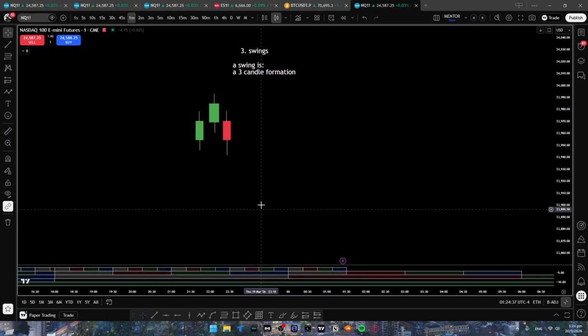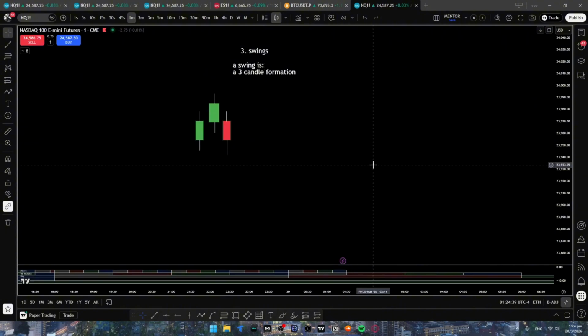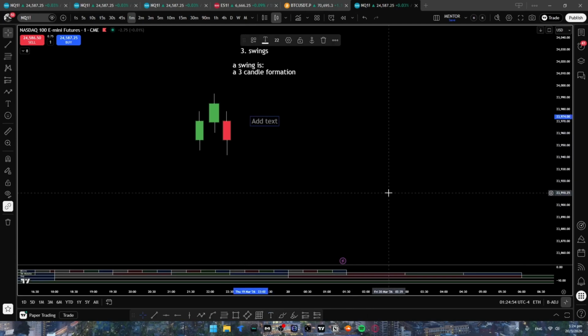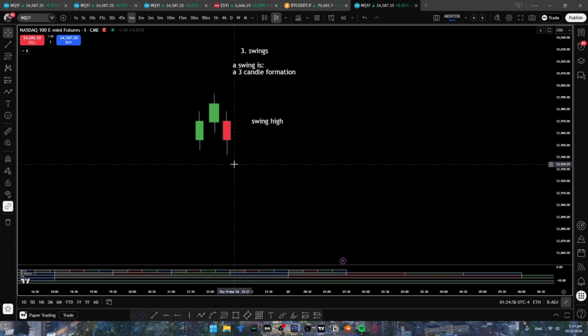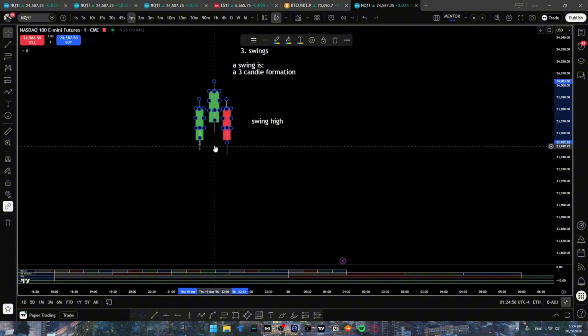I actually have time to fit in another one, but never mind, I'll fit it in the next class. Basically it is just a triangle as you see, but we call this a swing high. And then if you want to see a swing low,